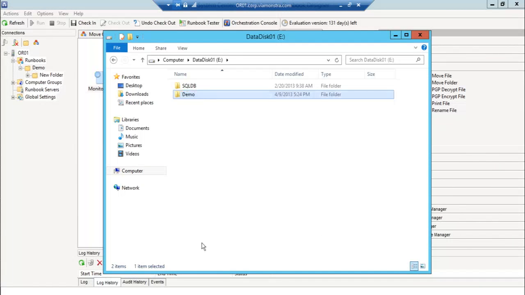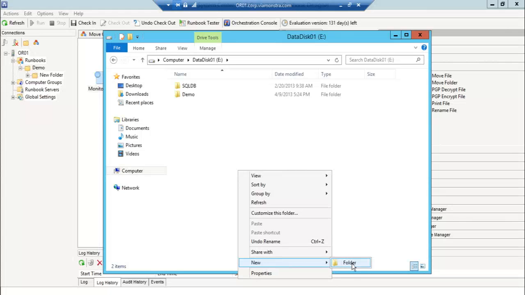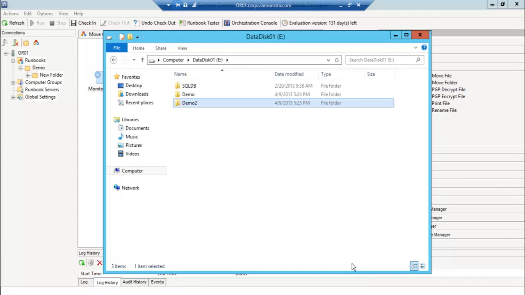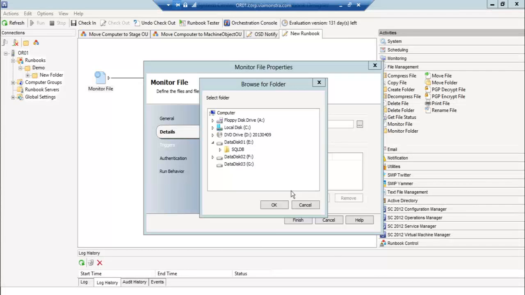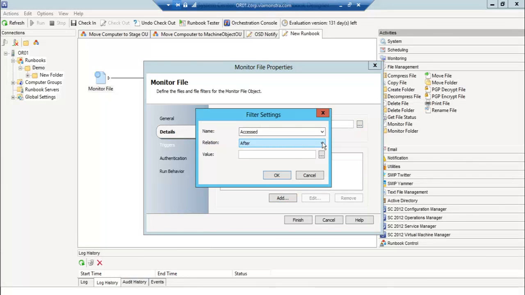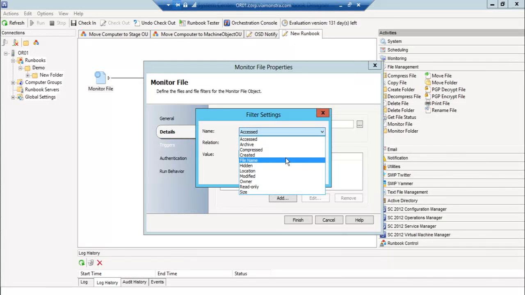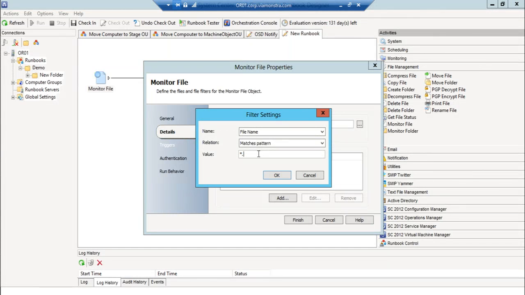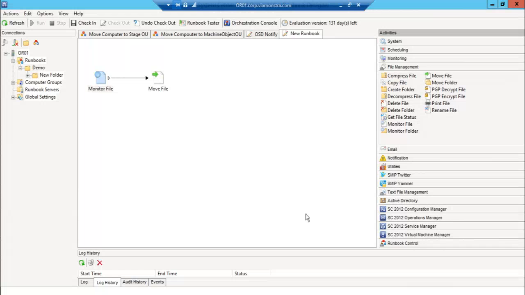Yep, it's going to be Demo, and it's going to be another folder called Demo 2. So I'm going to monitor the folder called Demo. I would like it to monitor all the files that have a file name that matches the pattern of TXT. That's good enough. And I would like to move any text file from the one folder to another folder,